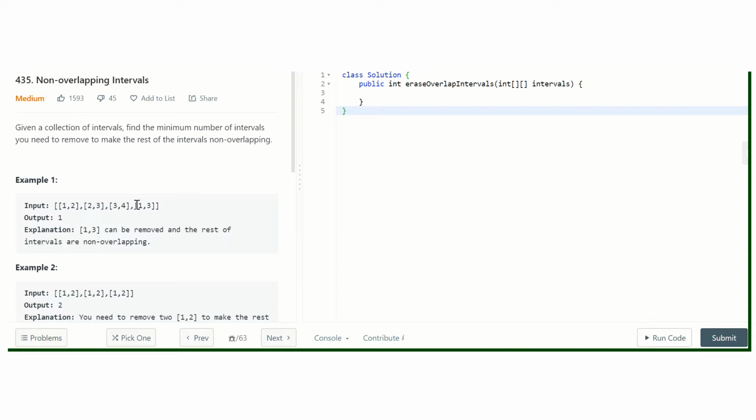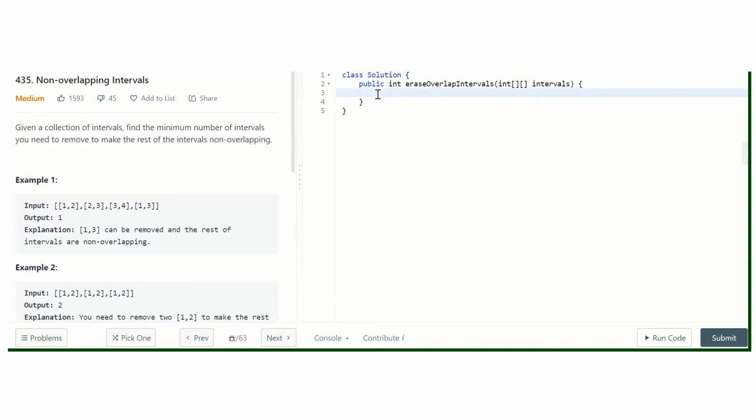So how are we going to approach this problem? We can first sort all the intervals and then check if they intersect or not. If an interval intersects, then it needs to be removed. In this way, you can count the number of intervals that are independent, that are not intersecting with anyone, and then simply subtract them from the total intervals. I am going to implement the latter approach.